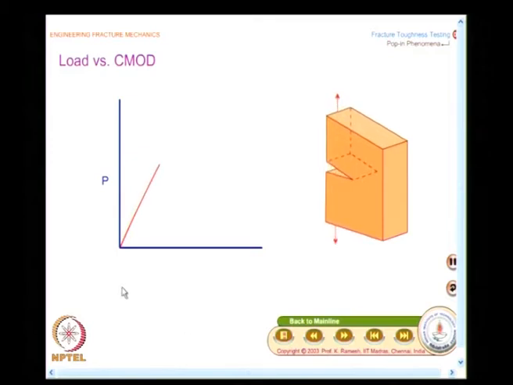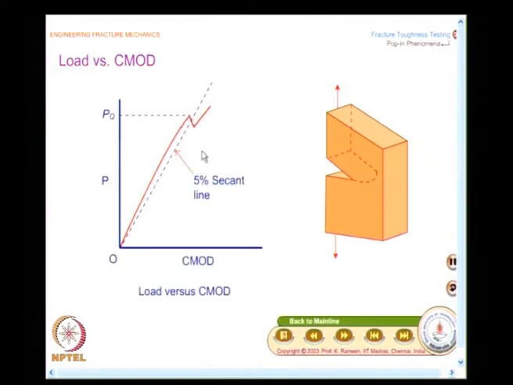Now, what we are going to look at is what happens when I have pop-in. You have already heard the sound. In certain specimens, you will also have a pop-in phenomena. So, if there is a pop-in phenomena, the shape of the graph will be like this, then it will rise